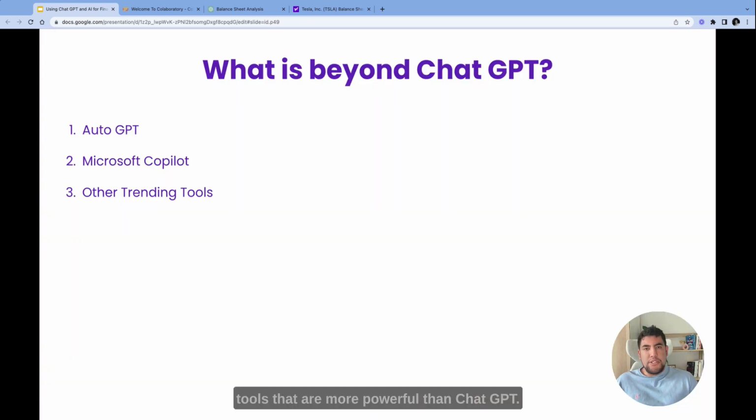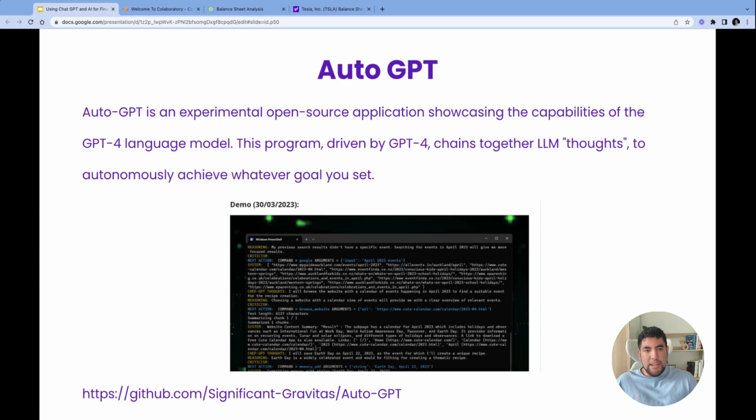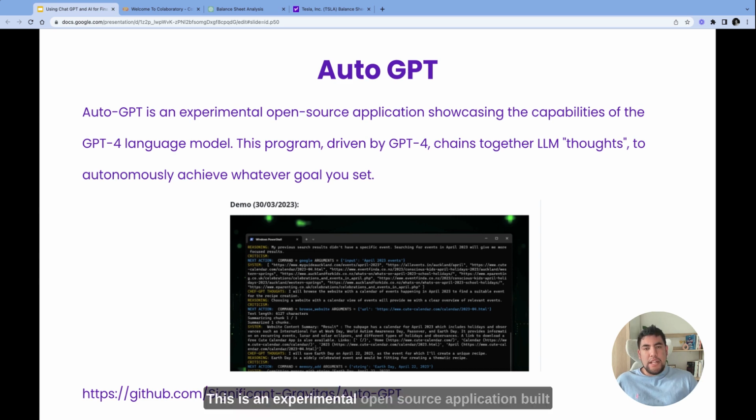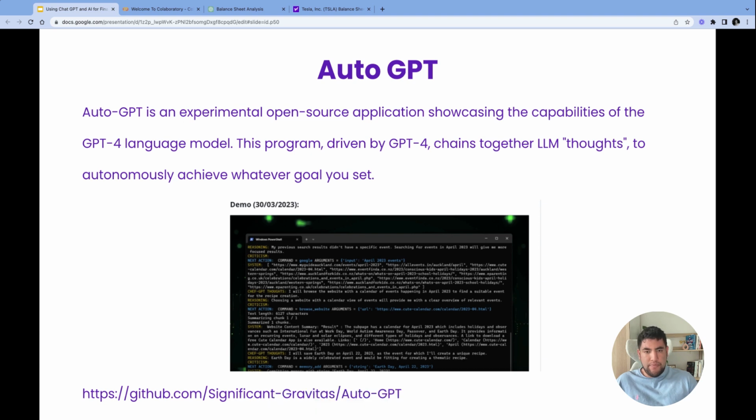Well, there are 3 tools that are more powerful than ChatGPT. The first one is AutoGPT. This is an experimental open source application built over Python, and it will basically enable you to create all of the prompts and run it already with the goal you set.